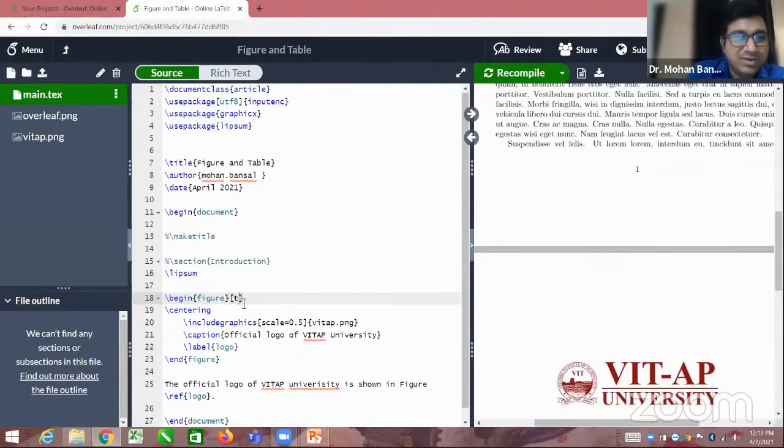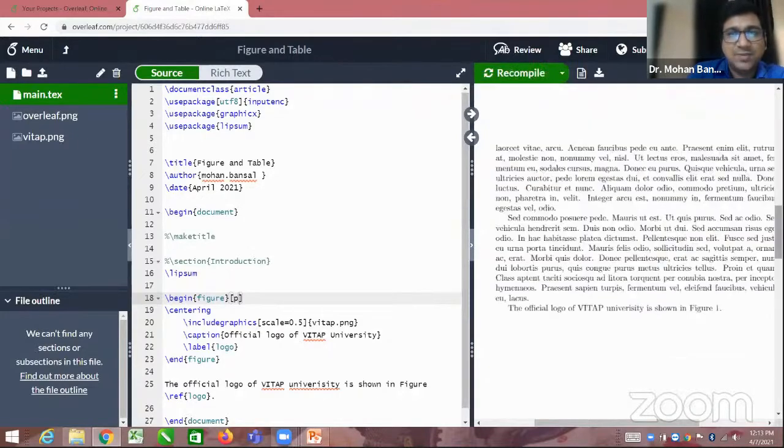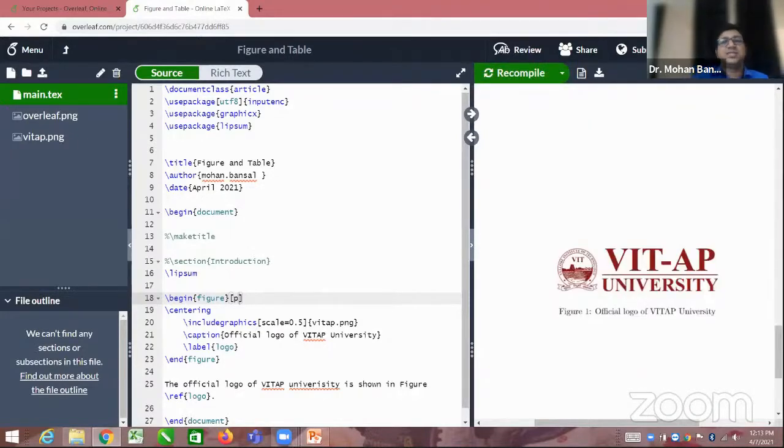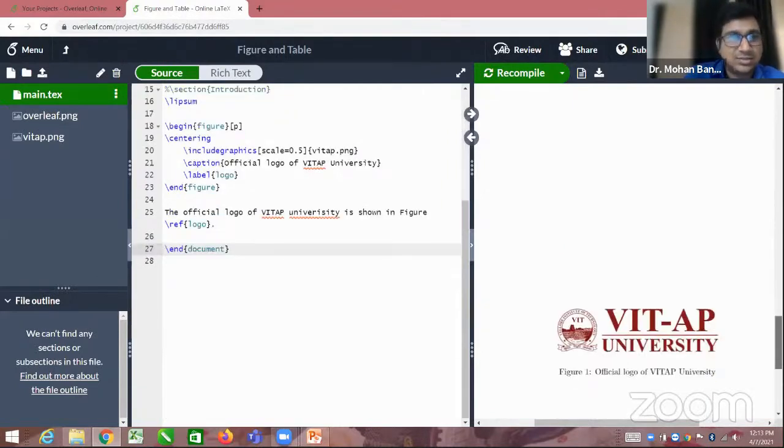Okay, and the exclamatory sign we use with P. First, I will explain what P is. P will generate this figure on a new page. Here, you can see the first page doesn't have it, the second page doesn't have it. You can see P: this figure is placed on a new page in the center.